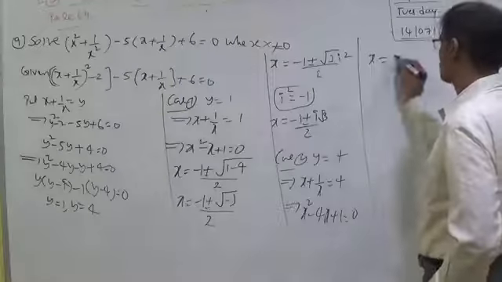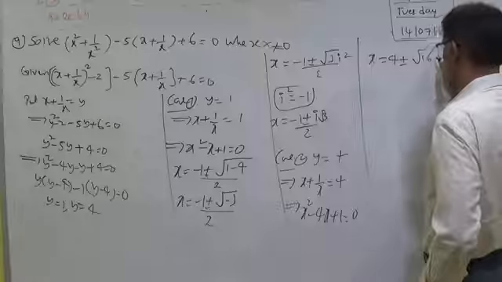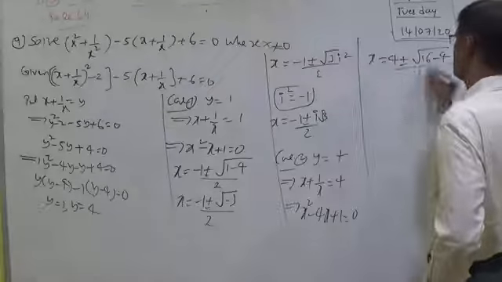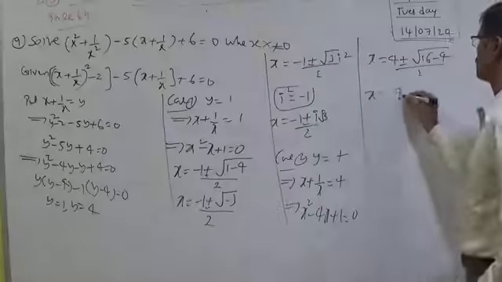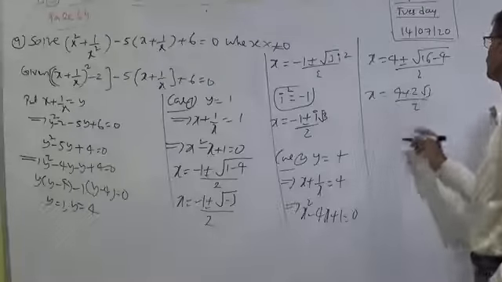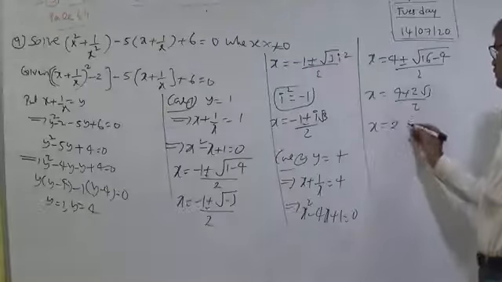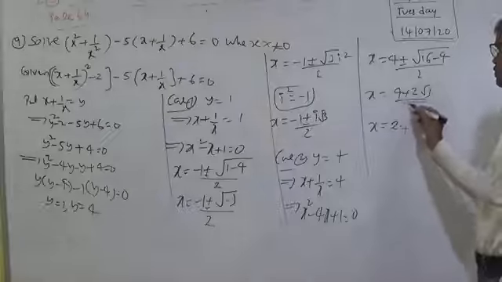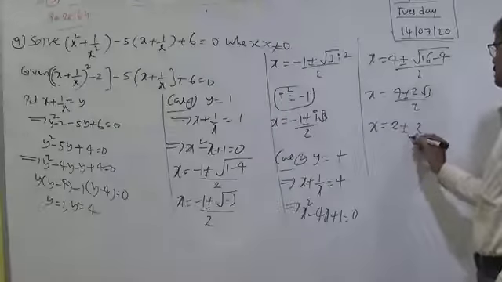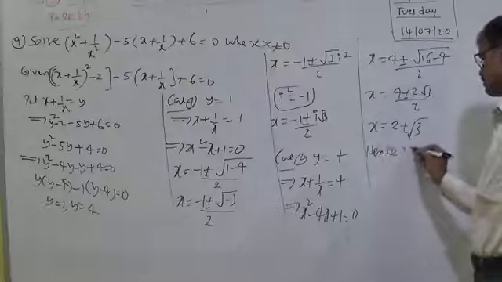So you can use the formula minus b plus or minus root b square minus 4ac by 2a. So x is equal to 4 plus or minus 2 root 3 by 2. 16 minus 4 becomes 12. Divide with 2, it becomes 2 plus or minus root 3. Hence roots are